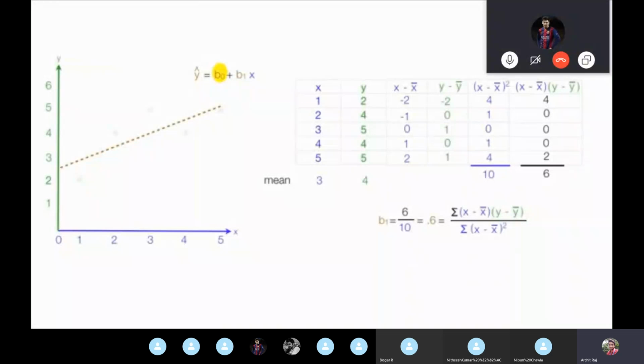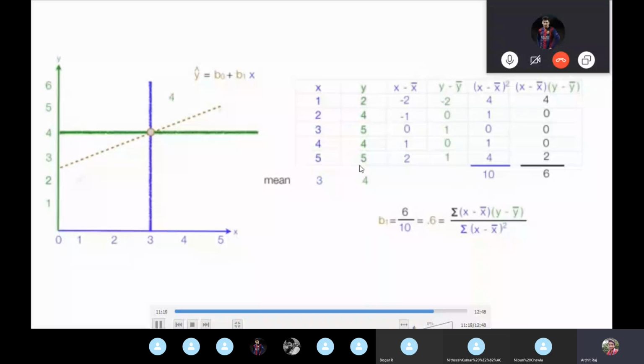And what we found out is that the best fit line passes through the mean of x and y. It means the line passes through the coordinates 3 and 4, which we'll see right now. We saw that this particular point, the mean of x and y, passes through this line. So for y, it's going to be 4. b0 is equal to unknown. b1 we have 0.6, and x will be 3, the mean of x that we found out.